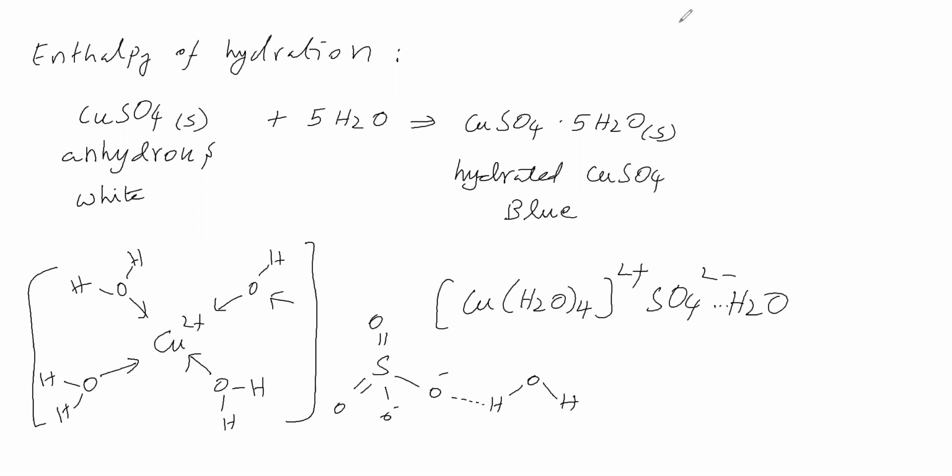How will anhydrous copper sulfate be? That we'll see. Anhydrous copper sulfate means Cu2 plus SO4 2 minus, like this. Okay, it is anhydrous copper sulfate. It is hydrated copper sulfate. The structure is different. This hydrated copper sulfate is blue color. Anhydrous copper sulfate is white color. That means this anhydrous copper sulfate takes required quantity